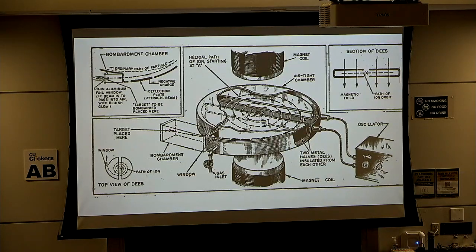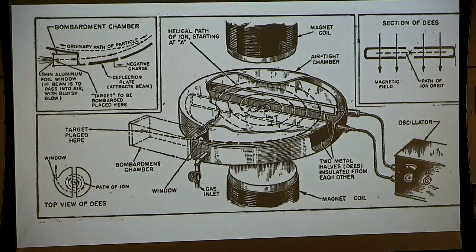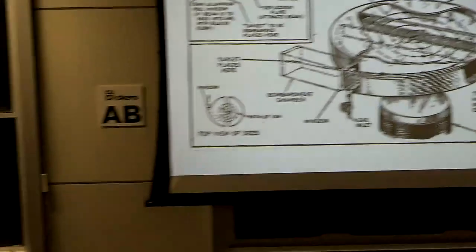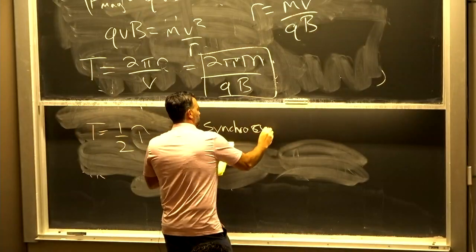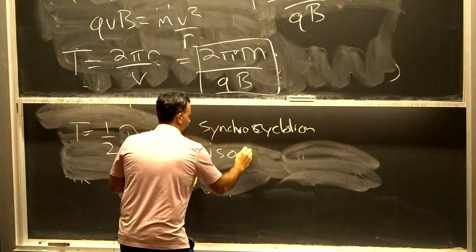Okay? So there are permutations on the cyclotron. And as I've said, this is the non-relativistic limit. You also have to take into account that essentially as you go faster and faster, the mass of this particle is getting heavier and heavier from this perspective. So you don't have this autosynchronization. And so you'll see things called the synchrocyclotron or the isocyclotron,